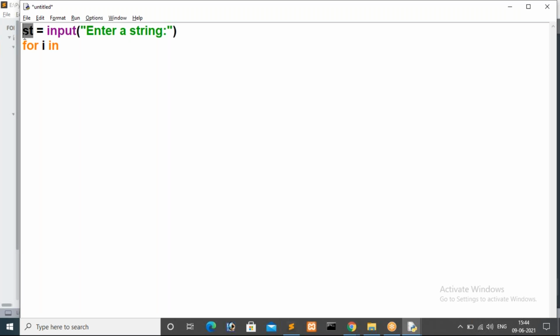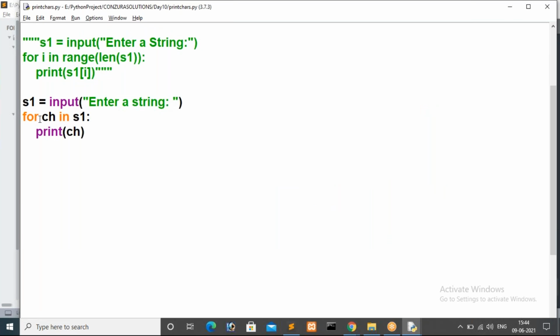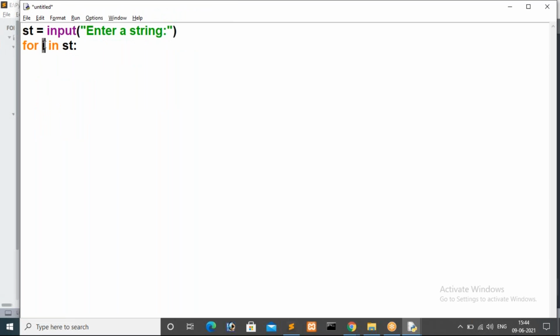That is st. St is the string variable, so we have to specify that. Whatever variable you specified here, we have to keep that one here only. This is a user defined variable. So we specify st colon. Now inside, i we are getting a character. In the previous example I used ch, because there I specified ch, meaning we are getting a character. But now here I am taking i. So I now holds a character. In each and every iteration I will store a character. Now we have to check that one.